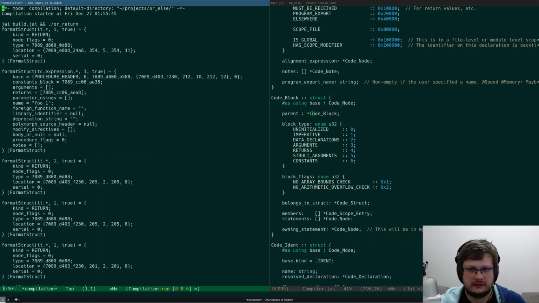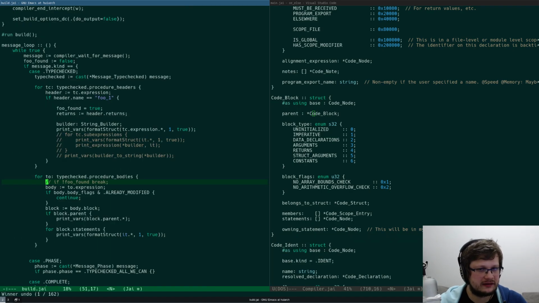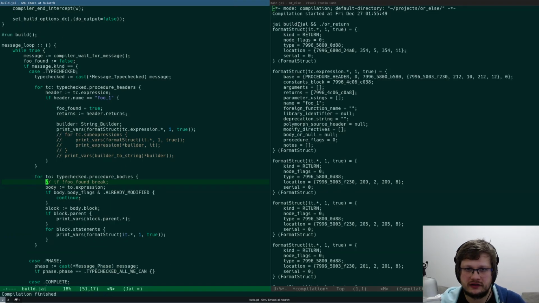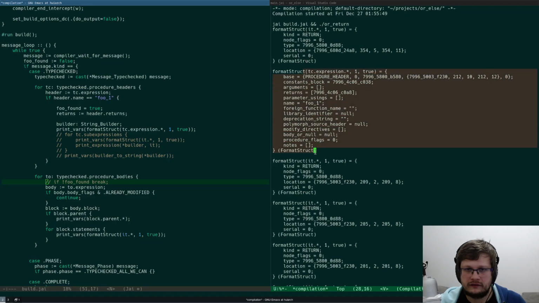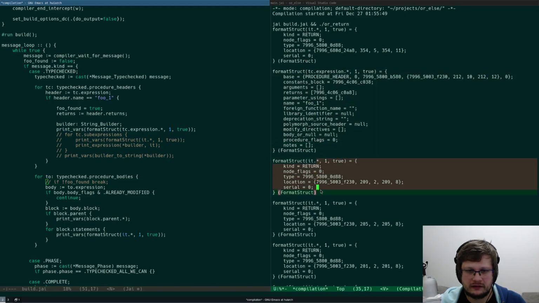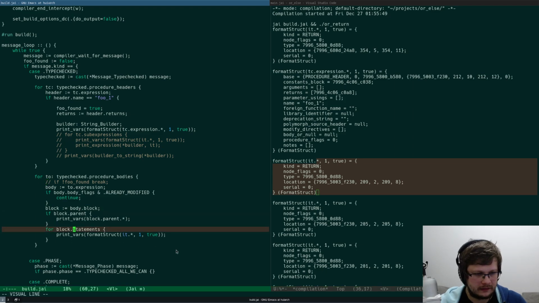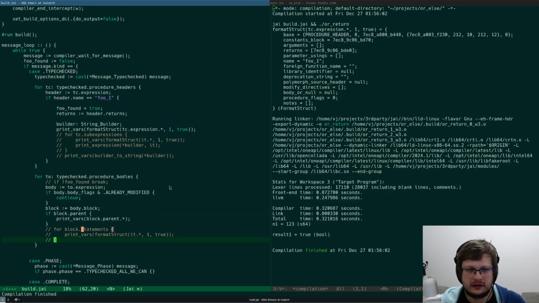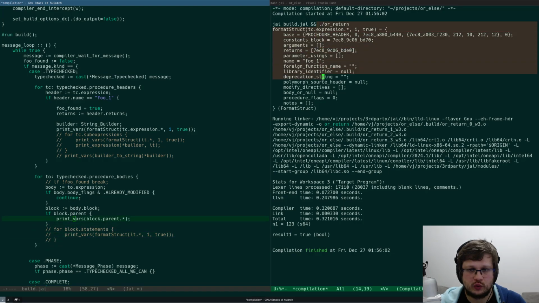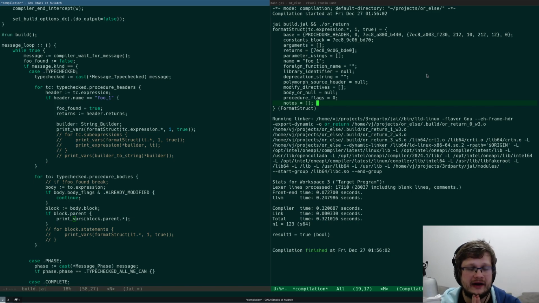Okay, why does it compile here? Do it here. Foo, and it's kind of like. Let me do this. So we don't have a single block with a parent. That's wild.